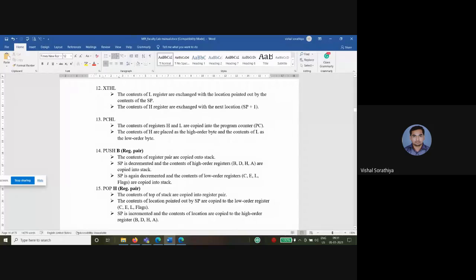The content of H are placed as a higher order byte and content of L are processed as a lower order byte. PCHL का मतलब ये हुआ अगर आपका प्रोग्राम काउंटर अभी, let's take, 2030 पे है, आपको उसको डायरेक्टली जंप करके 3050 पे भेजना है, ओके तो आप क्या करोगे, पहले आप H और L में 3050 ऐसा डेटा लोड करोगे।